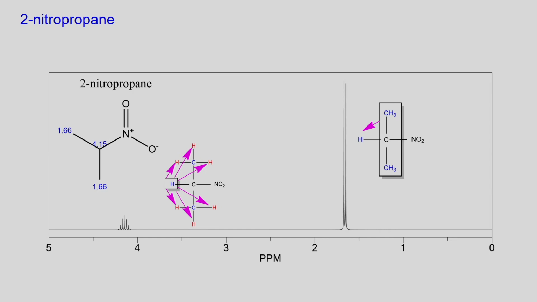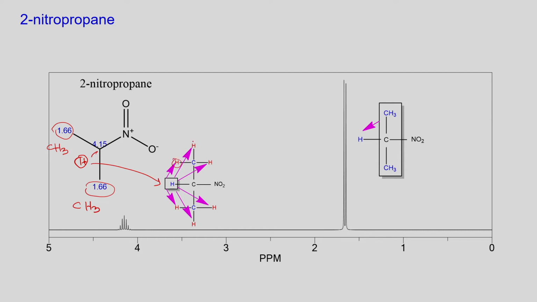Now take the case of another example, 2-nitropropane, fine. Here 2-nitropropane means there is a NO2, the carbon is connected to NO2, and it is again connected to a hydrogen atom. Then you have 2 methyl groups, CH3 and CH3. This is CH3, this is CH3, and here one hydrogen is there. This hydrogen acts as an individual within that molecule, so it is sensing many other hydrogen atoms.